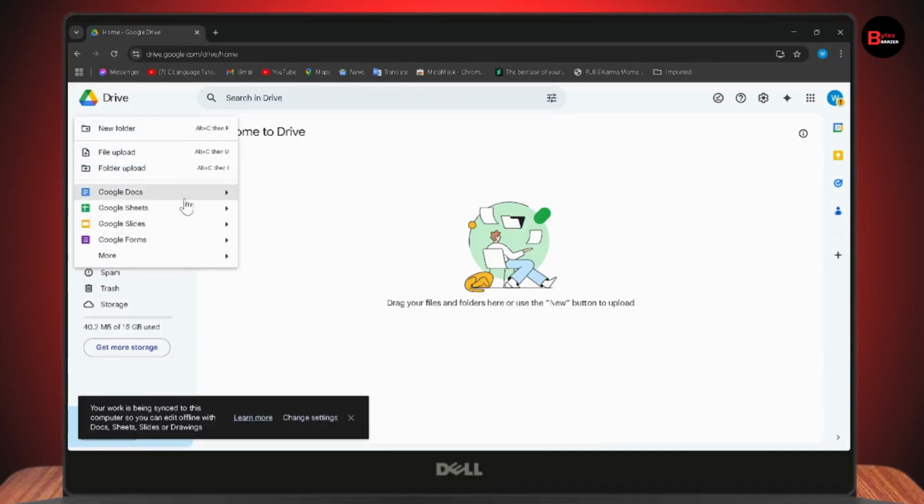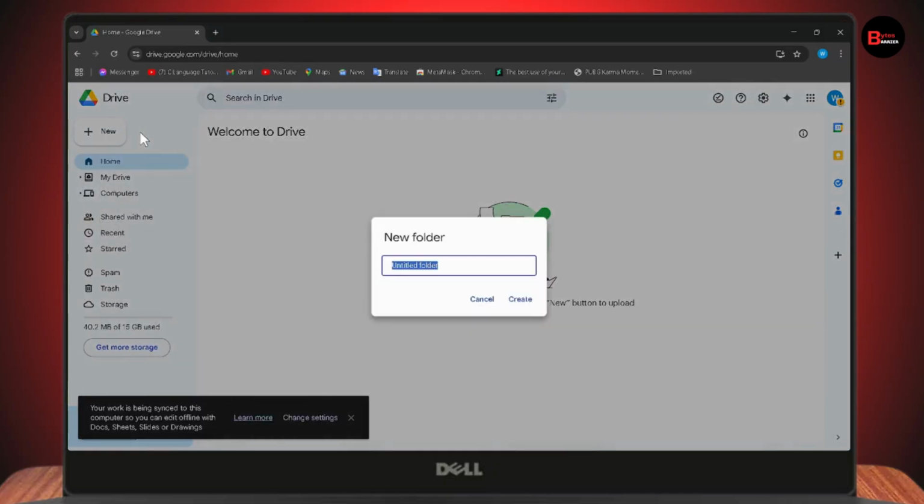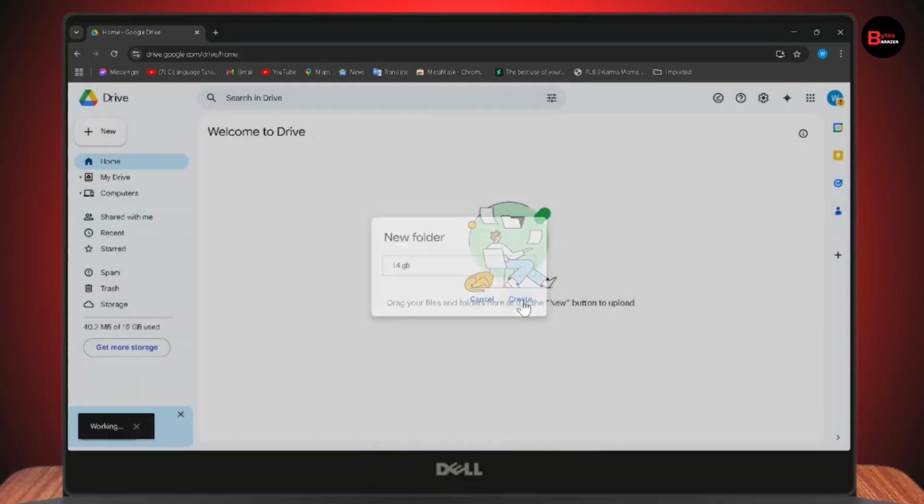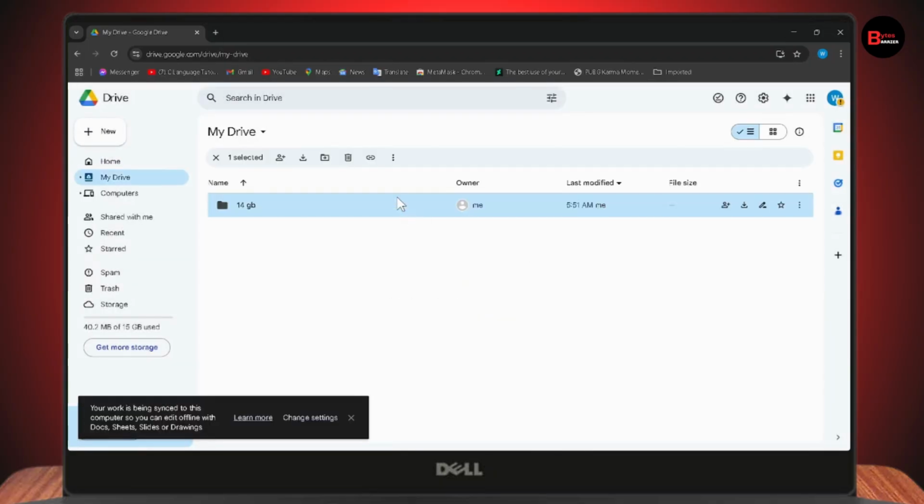Now you can go with new and then new folder. For example, I have 15 GB left, or I mean 40 point something GB left. So I'll simply write 14 GB, rename that and click create. Once you've created this folder, what you need to do is simply click share, and here you